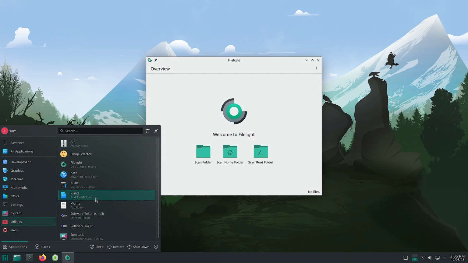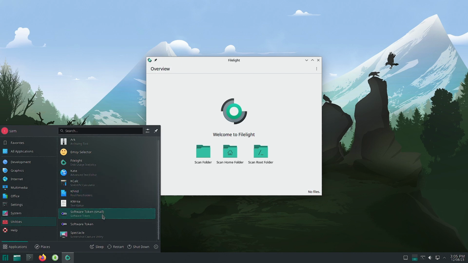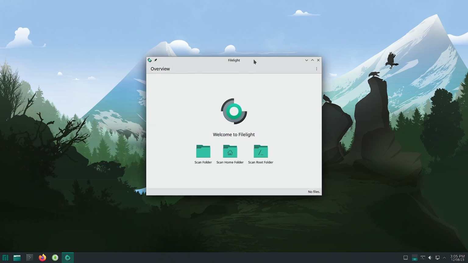KWrite is there. So KWrite is a light text editor. KFind is there to find your files and folders. KCalculator, KCat, and the Spectacle screenshot capture utility is there. So this all consists of the utilities. So